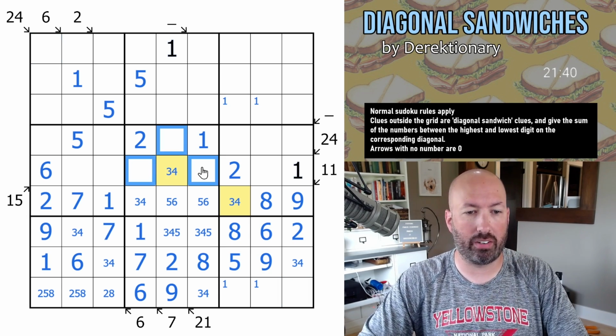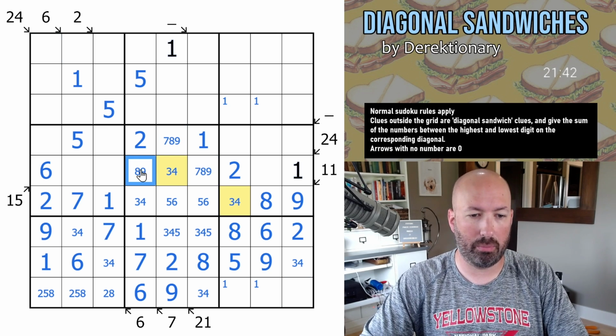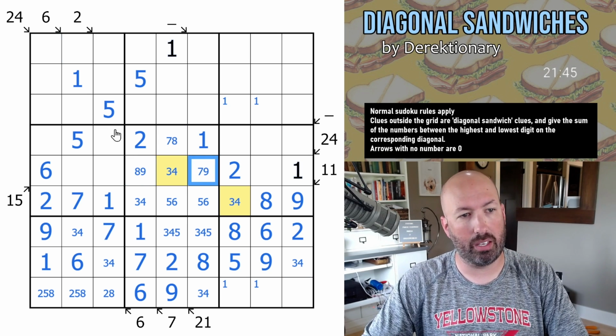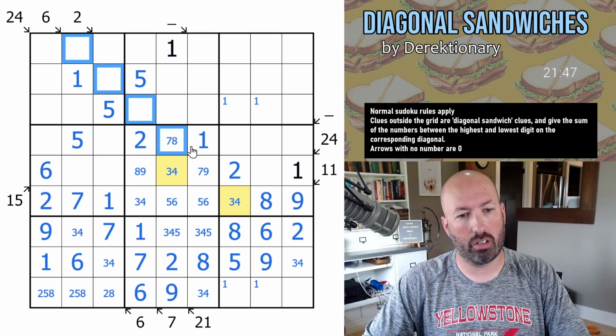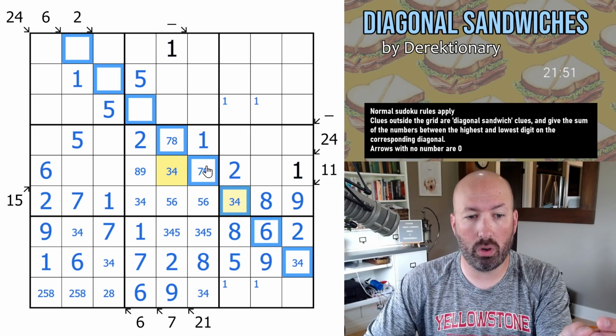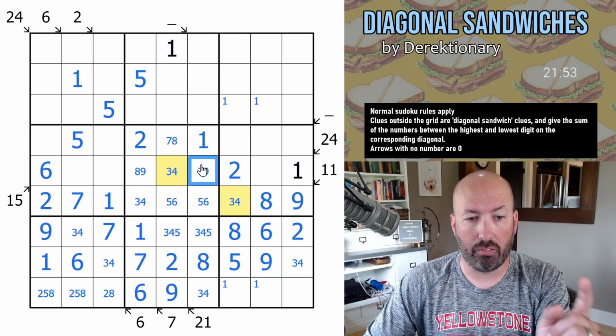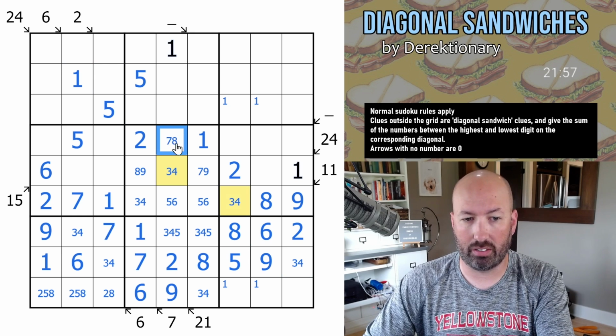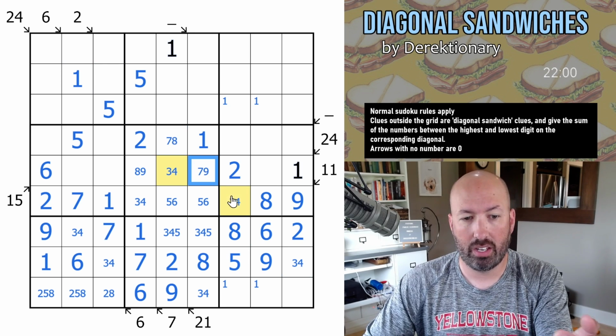Now, these 3 are 7, 8, and 9. This one can't be 7. This one can't be 9. This one can't be 8. And those are on the 6. So, one of these 2 is going to be the biggest. If this is the high, you can't have the 6 this direction, obviously, because these are already bigger than 6. If this is the highest, and you're going this way,